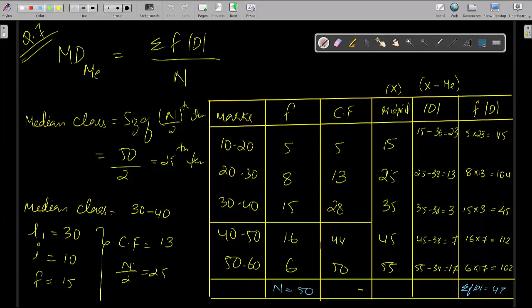Now, question number 7, you are asked to calculate mean deviation from median of the following series. Also find out coefficient of mean deviation. So here,